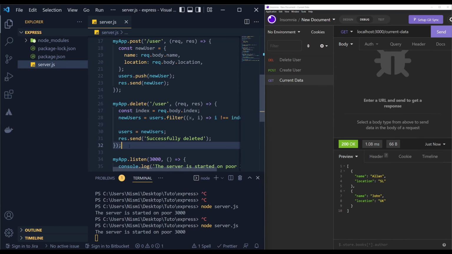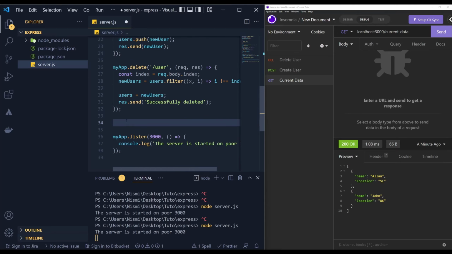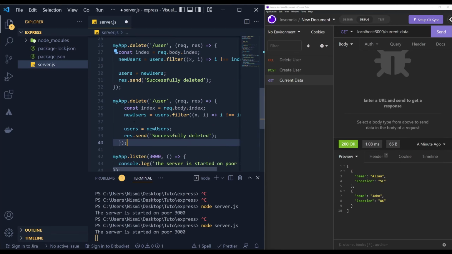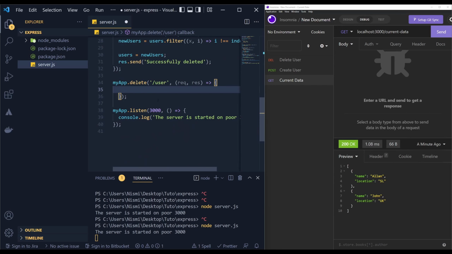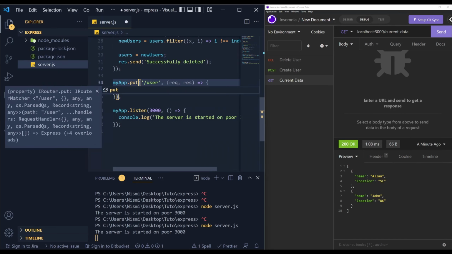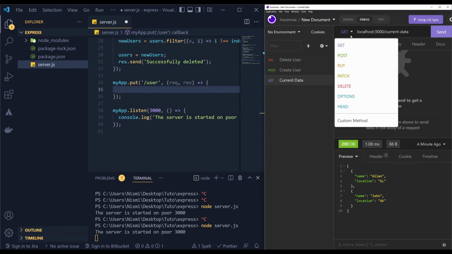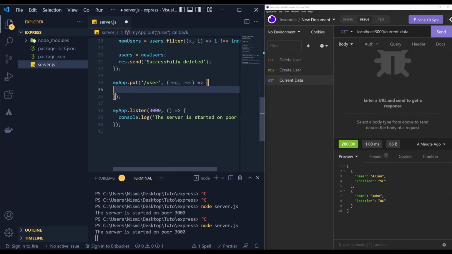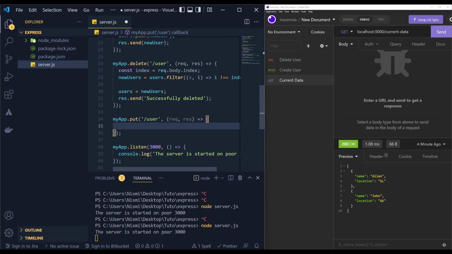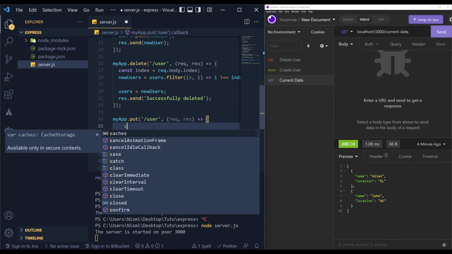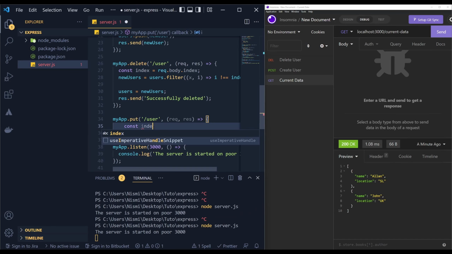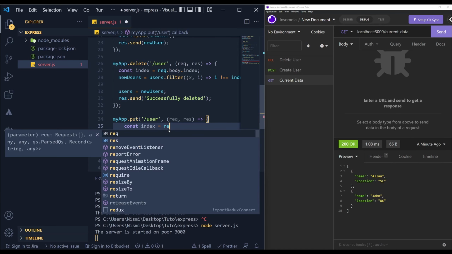Right, now I'm going to create another endpoint to update a user. Let's create another endpoint like this. I'm copy pasting because I'm kind of lazy a bit. Right, user, I'm gonna say put for this. It's also a method. We can see here the put method. Right, when you put to this endpoint, this method will be called. So I'm gonna update the user. I'm gonna need the index for that. Index, we're getting it from